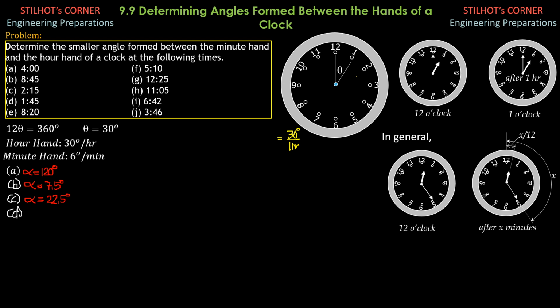So the minute hand is pointing at the ninth mark, and 1:45 is beyond 1. So this is the hour hand, and again this is the smaller angle between the hands of the clock, and I'll call this